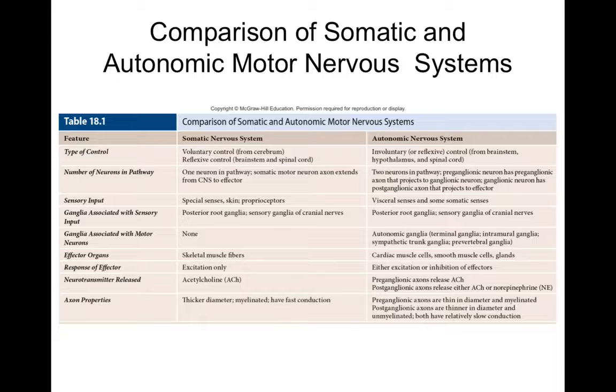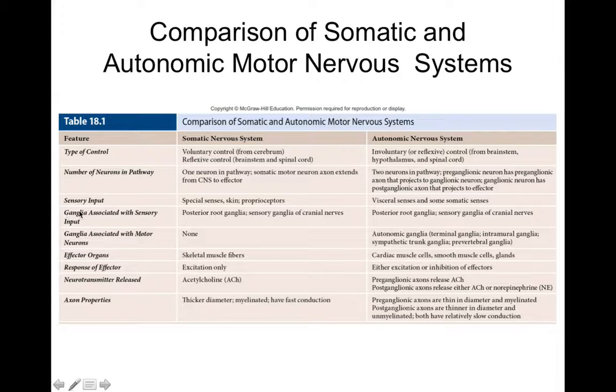By having more steps, there's more things you can modify and change to make this a more dynamic form of regulation. It's not as simple as on and off. It could be like varying degrees of amplitude. Like it could be really strong or just kind of strong, because by having many steps, you can change it in more dynamic ways. Not just having like an on and off switch here. So by having more neurons in the pathway, it's more regulatable.